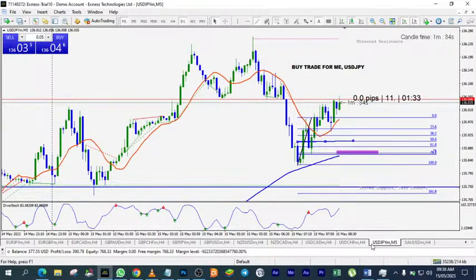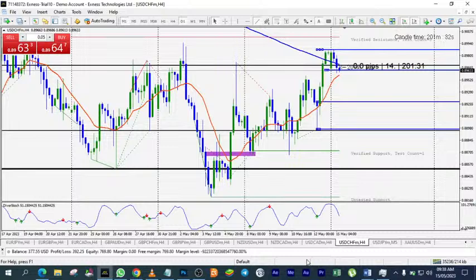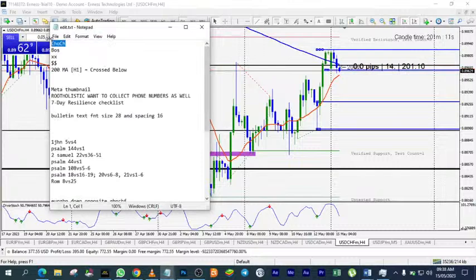So let's keep moving. Let's go to the Euro Swiss. Oh wow, Euro Swiss is about to go up. It's about to go up. This is not a down trade. This is still a buy trade. As you can see, we have our change of character. Yeah, let me bring that up. So we have our change of character